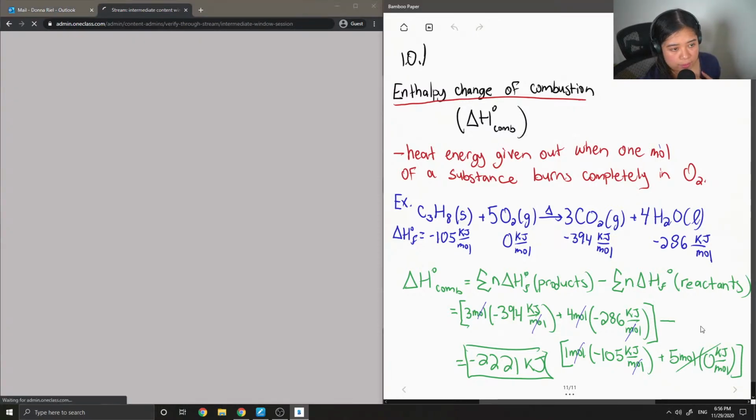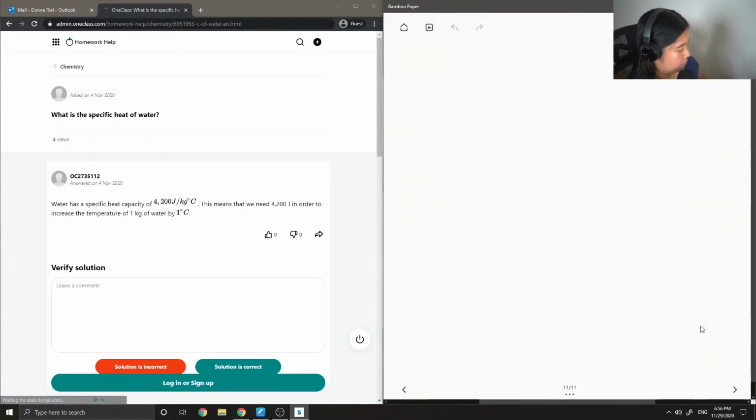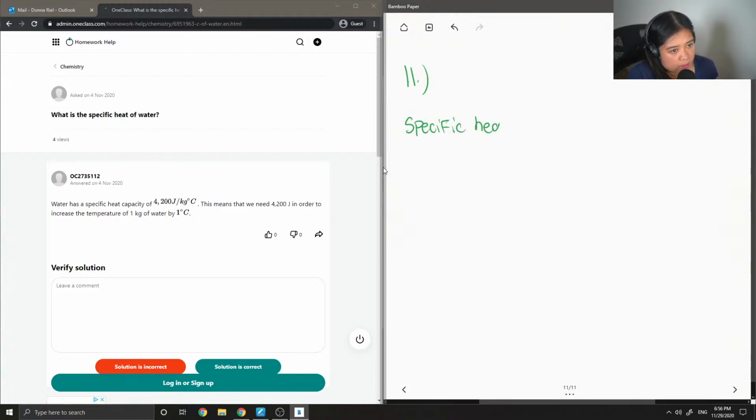Alright, so moving on to question 11. What is the specific heat of water? So specific heat can also be expressed as C. So the specific heat of water is equal to